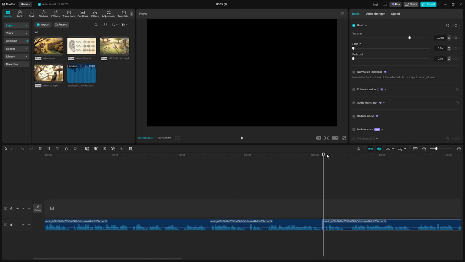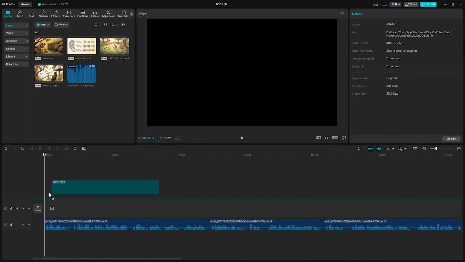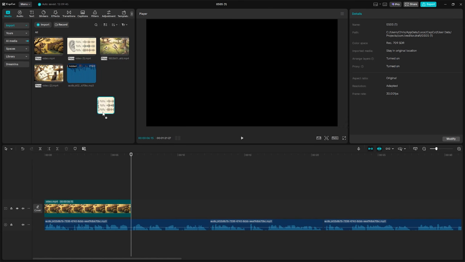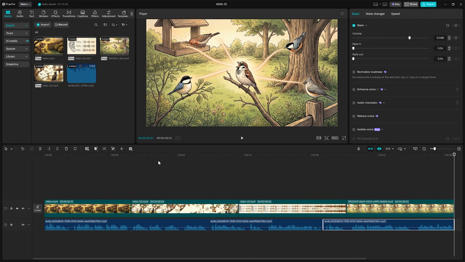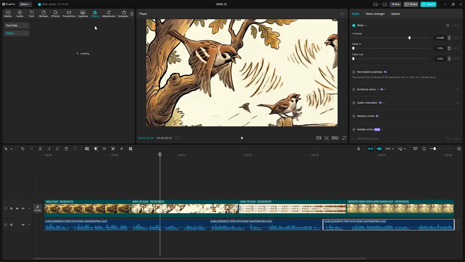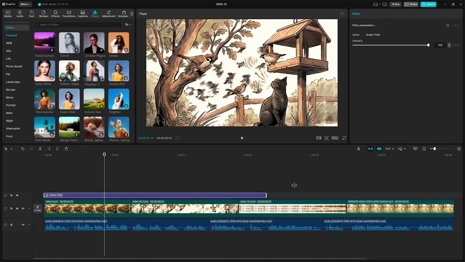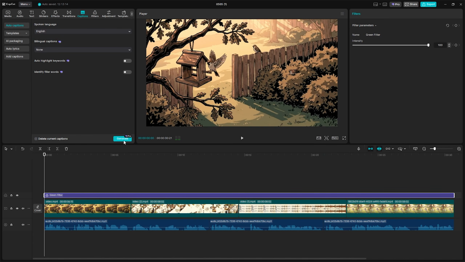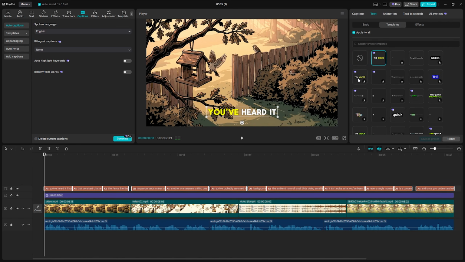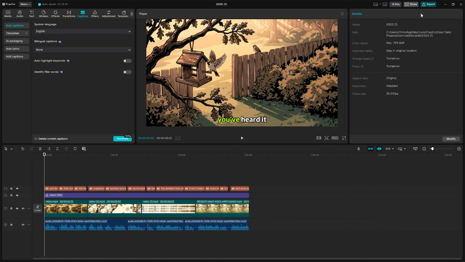Once you're done with that, it's time to bring in the video clips. Align everything according to your script. Match each clip to the corresponding part of the narration. Now, it's time to look through the filters and add one that you feel matches the look you want to go for. Finally, generate captions and apply your favorite template. Once everything looks good, export the video at your preferred resolution. That's how easy it is to actually create these videos, or even model a trending niche using ChatLLM.